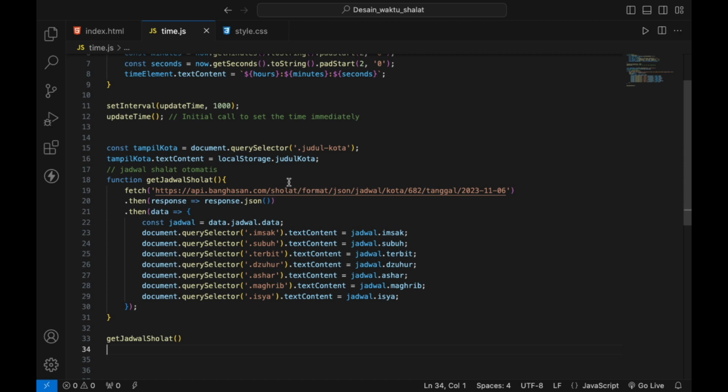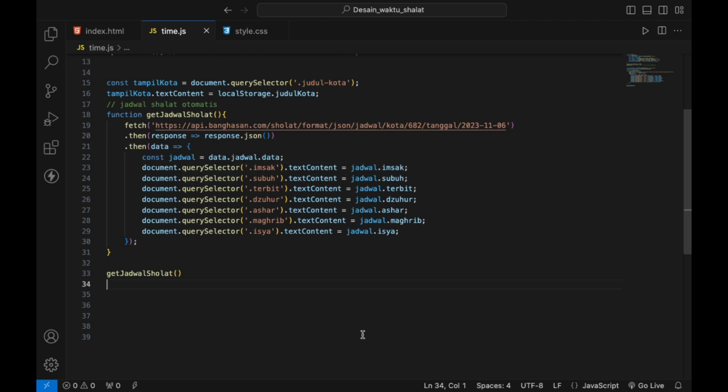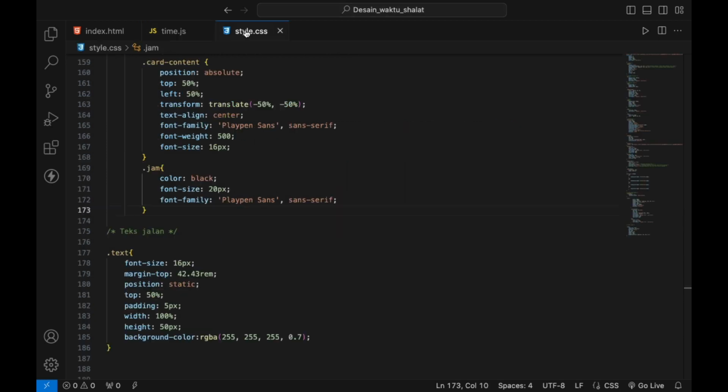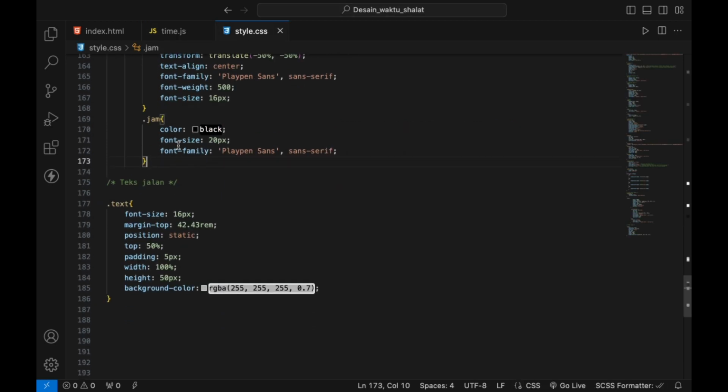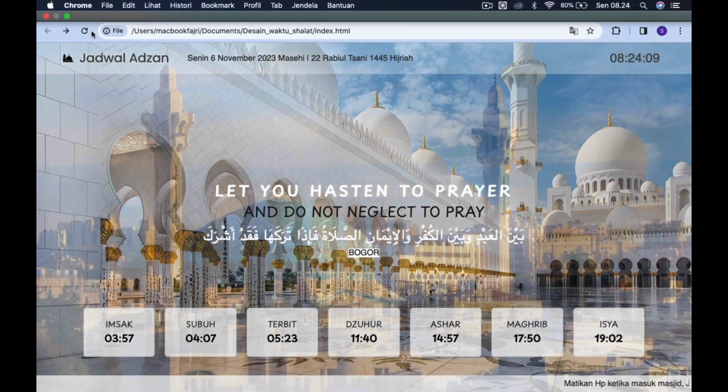And then after calling this, we make this: then response JSON, then data, const jadwal, data, document querySelector imsak. Now this is imsak, subuh, terbit, zuhur, asar, maghrib, isya. After making this, I style in here: color black, font size 20px, font family Poppins sans-serif, and also like this it is automatic.